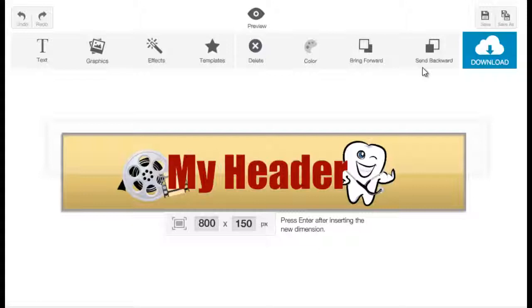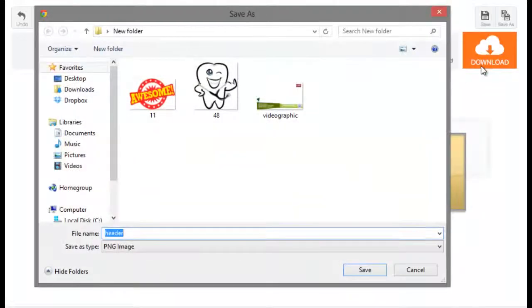And if you want to save this as another file, hit on save as, type a name for it, and then hit save, and it's going to save another XML file that you can use to edit this work again. Now, if you want to download the PNG file of this image, just hit download and then type in a name of your file